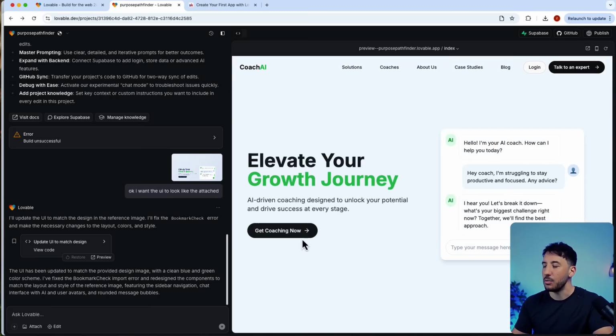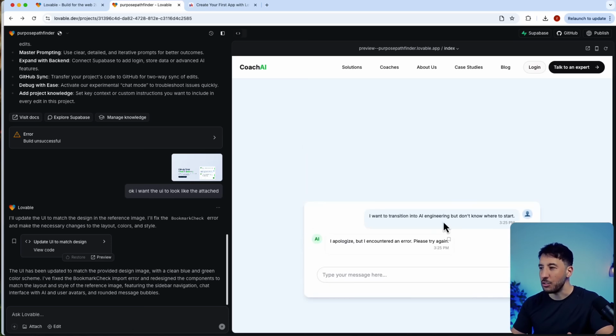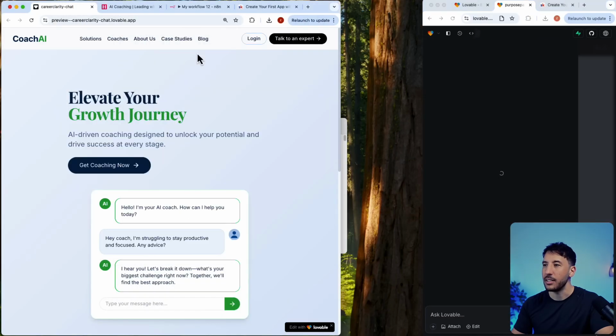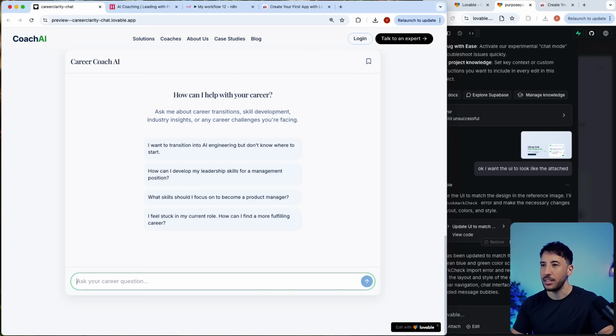So now all I have to do is click on get coaching now, and it brings up this UI here. And if you want to further change this and you say, hey, you know what, I kind of like the UI that it looked like earlier, so let me go ahead and bring this up here, because our UI looked like this. So now same thing, you'll just add your